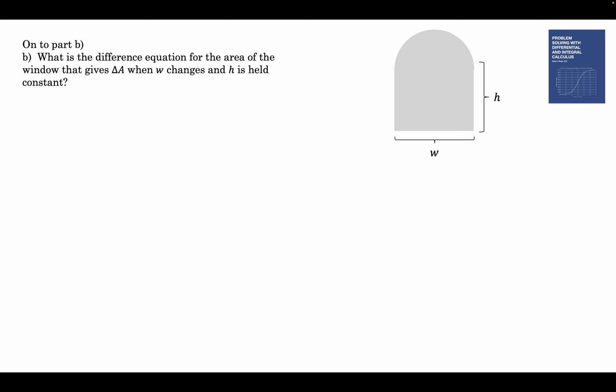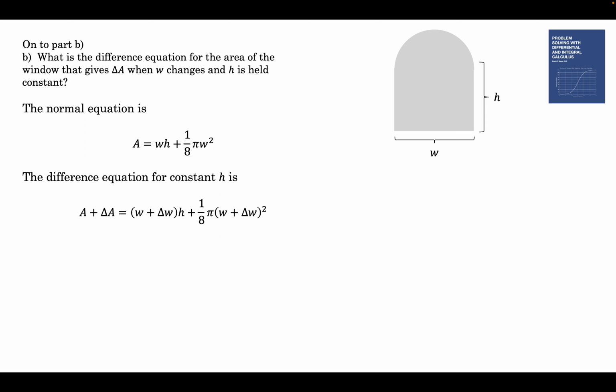Part B. What's the difference equation when w changes and h is held constant? So we keep this, but then we make it wider, which means the circle is going to get taller as well. So the normal equation is wh plus 1/8 pi w squared. For constant h, we leave h the same and we change w. So now we've got a square. This is a lot more complicated than just h. We multiply that out,